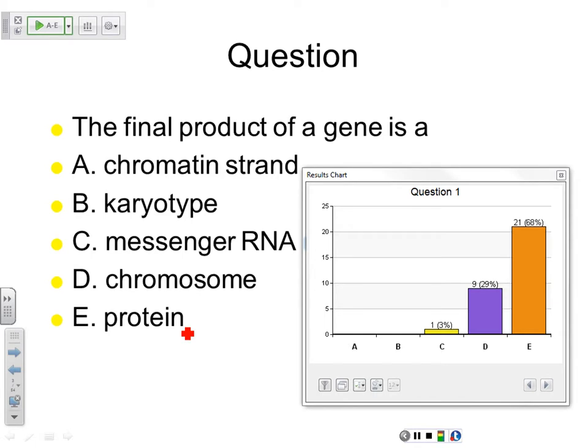So now we go to the answer. Okay, so 68, more than half of you got it right. It's a protein, because we have transcription in the nucleus, right? And that's when the genetic code is copied onto a messenger RNA molecule, which exits the nucleus, gets into the cytoplasm, where it will be translated into a protein, all right? And next we'll be starting to talk about gene mechanisms and how they affect the cell and its functions. And it's all to do with proteins.